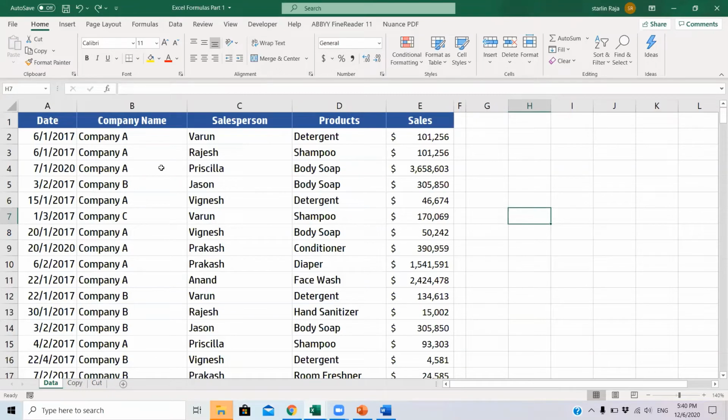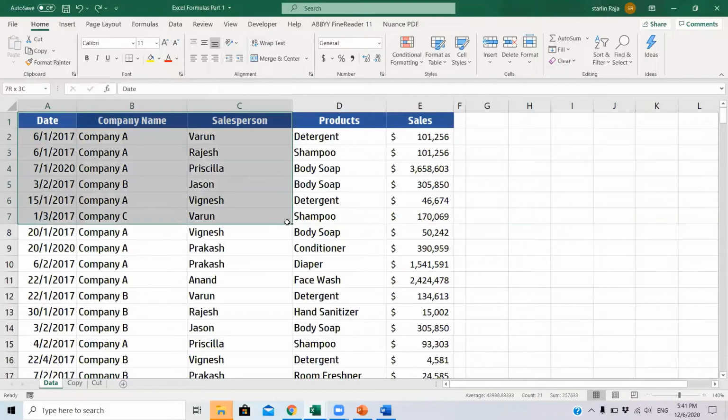Cut, copy, and paste are commands you will hear very often and are largely used in many software programs and in everyday Excel life. The commands for these features lie right here in the Home tab of the ribbon. The small scissor represents cut, the side-by-side page represents copy, and for paste, we have a clipboard symbol. Paste, let's cover in a separate session as it has a lot of features. Now let's talk about cut and copy.